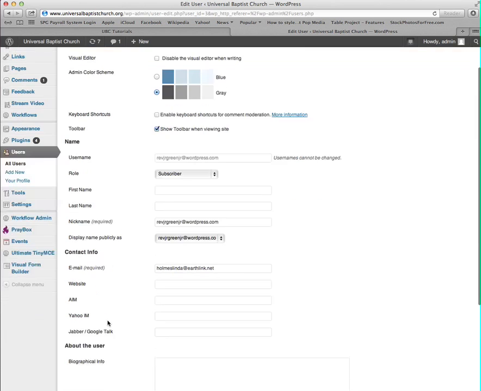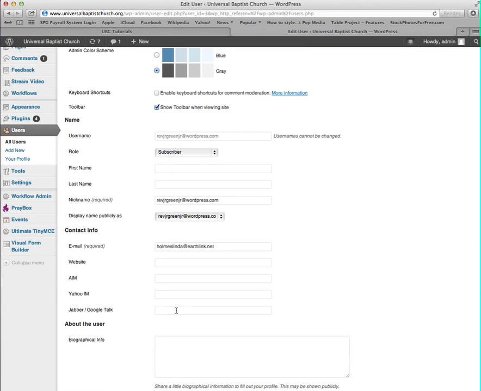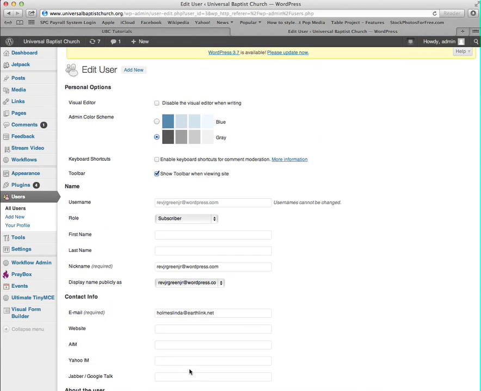They can here update their contact information, who they are, and as well as their bio. And this is something I'm going to get into the next tutorial, which is actually filling out your profile, which is in this user area. Okay. I also have the ability here in users